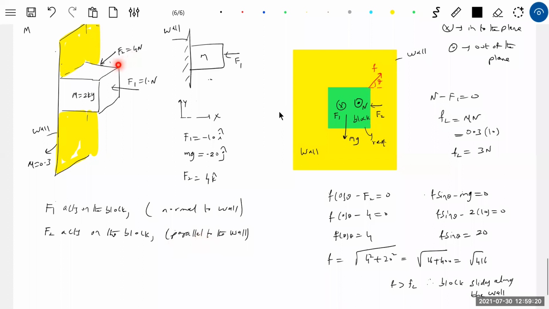Somewhere I have shown here XYZ axis. Make observation, we'll take the